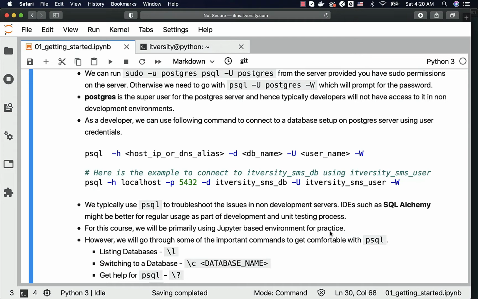In very few cases, you have to use pSQL, and hence, if you are struggling a bit, just try to be a bit comfortable with it by practicing. Don't worry too much if you are not making too much progress with respect to pSQL. You can defer it for now and move on to the other topics, and whenever you have some time you can practice in getting a bit of comfort level with respect to pSQL.